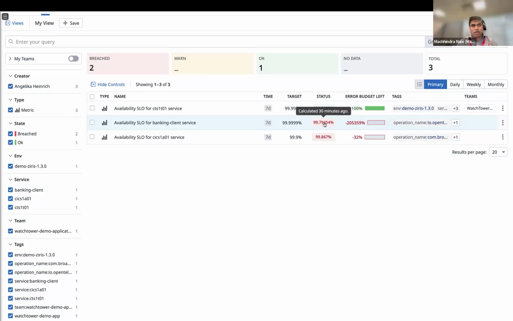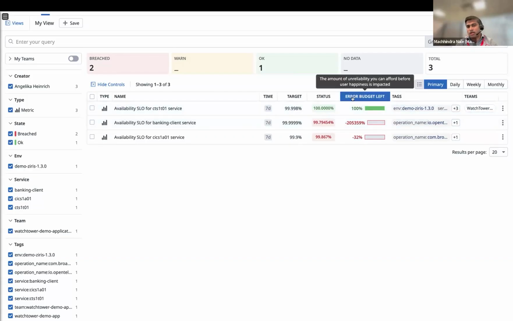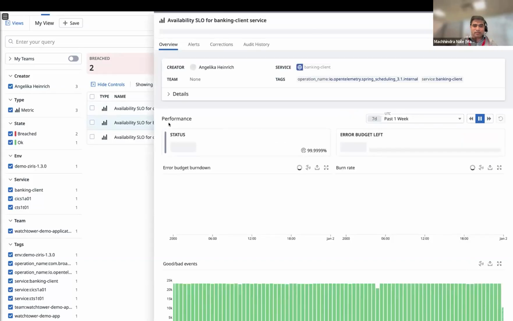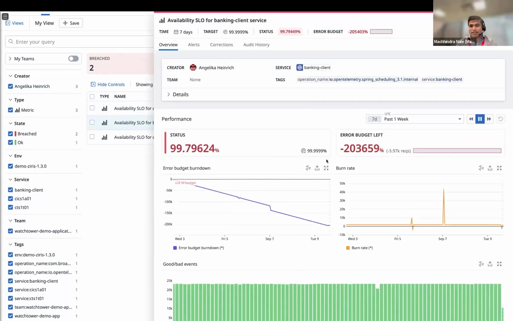So let me show you SLO, SLI, and another key term called error budget by drilling down into this banking client service. Here it says, hey, you are supposed to keep this banking client service at 99.999%, but you're not, and that's why it is red.